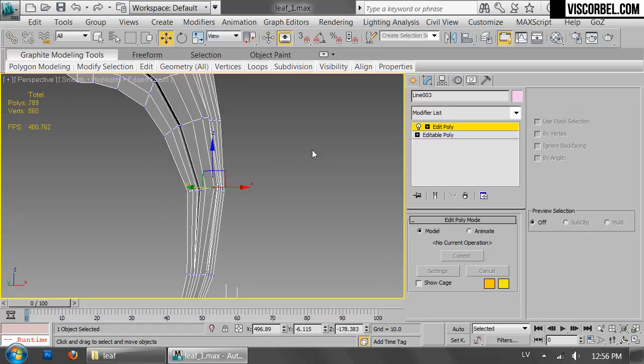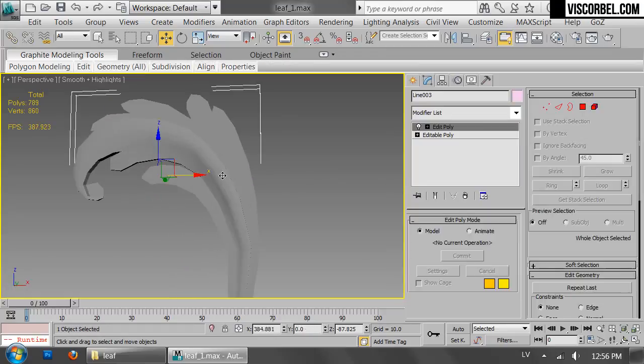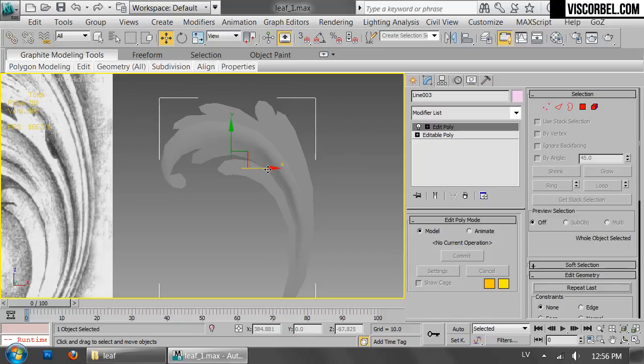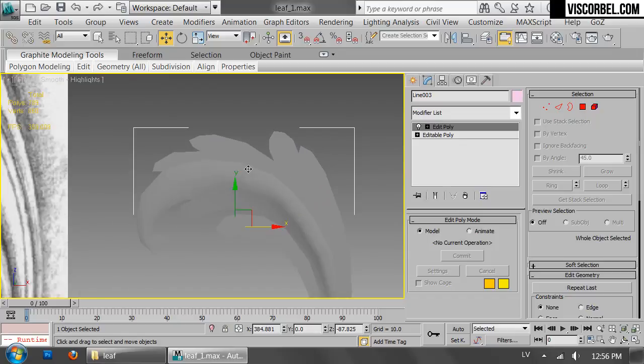And move these vertices as well, so it's nice and smooth. Okay,